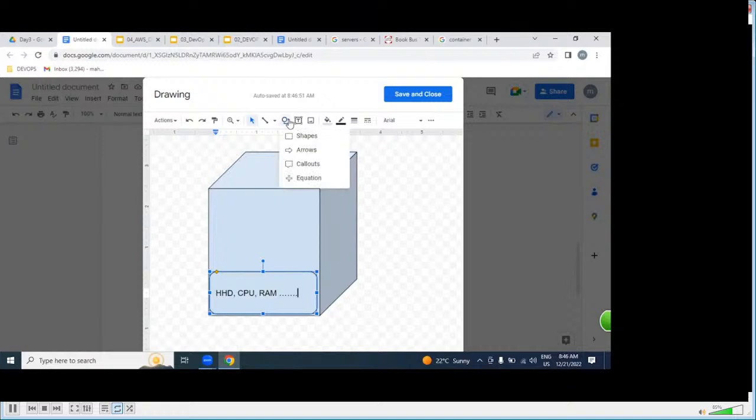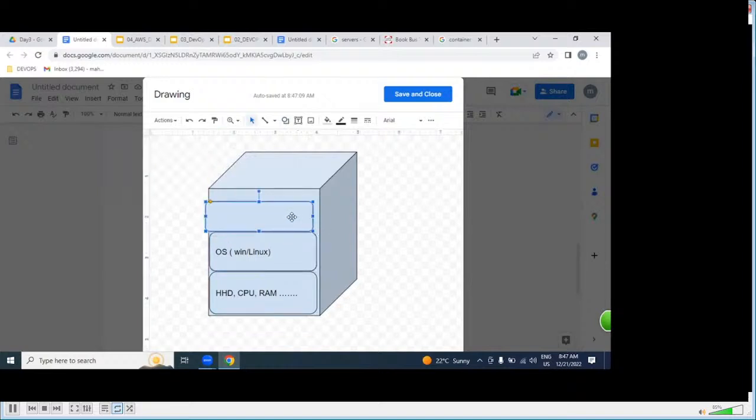On top of this, we are going to be creating our operating system layer, OS. It might be Windows environment or Linux environment. Once you decide the operating system, on top of it, you decide which application or software is going to be installed. It might be an application or a web server or application server or a database server.